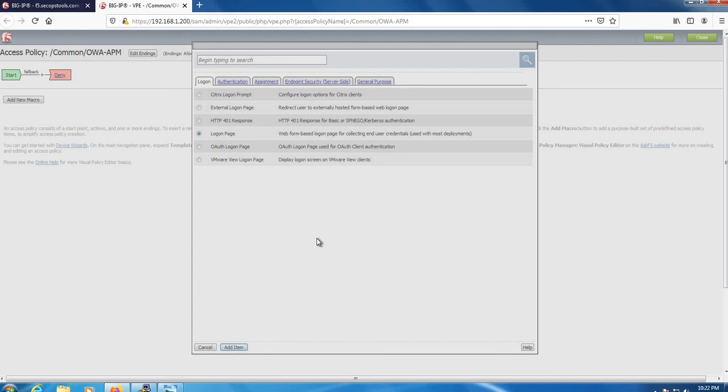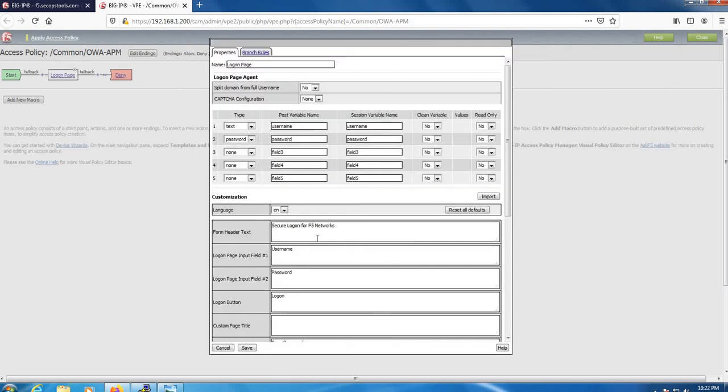For this login page, we are taking the username and password input from the user. If you have any additional thing like two-factor authentication, you can add that field here as a third field after password, and mention the name of that particular parameter for the token, and accordingly you can work with that third parameter. Now we will keep it to username and password, which is default.